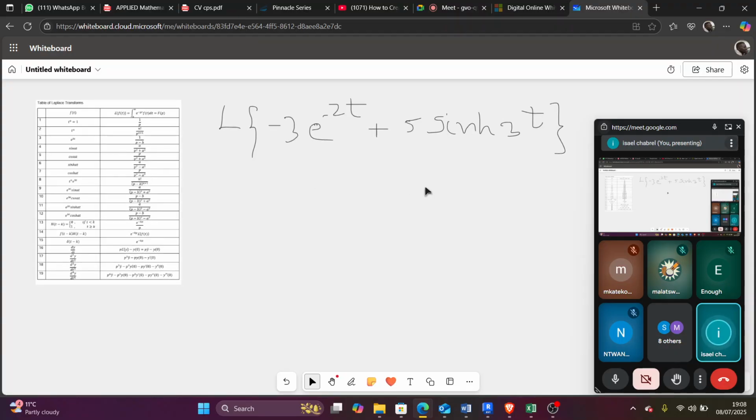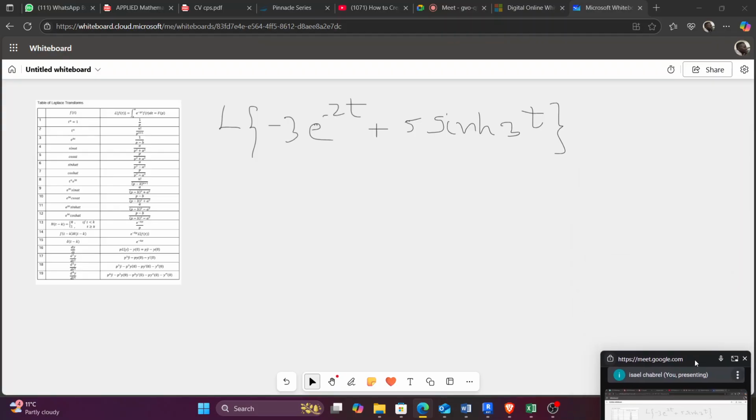Okay guys, this is literally what we have, and yesterday we had something like this. It's just a quick revision before we move. If you want to solve this Laplace here, remember, how do you deal with it? You can solve it separately. You can write each expression with its own Laplace. It's just a quick recap.